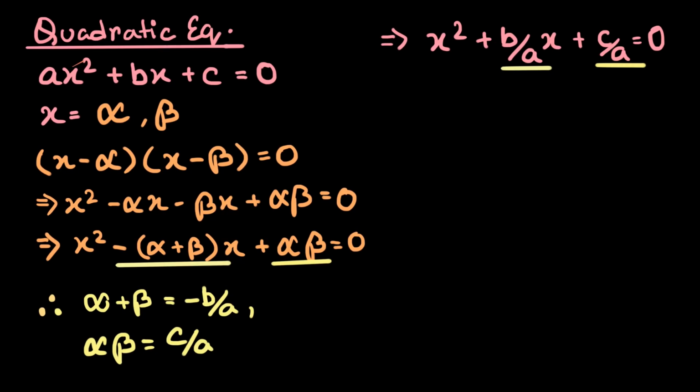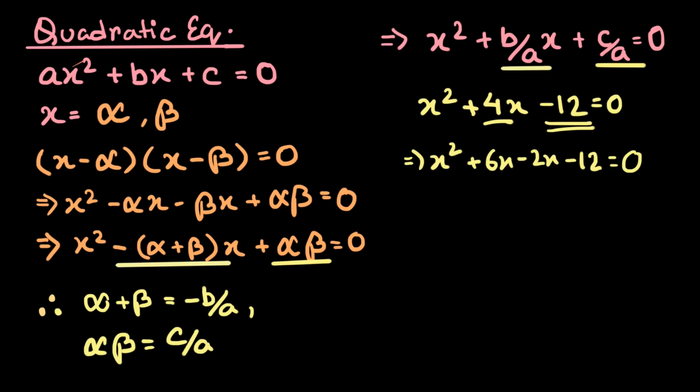Before we go into them, let's start by rethinking something that we already know: the middle term break or factorization method of finding roots. In this example, x squared plus 4x minus 12, what would we do to find the roots? Through the middle term method, we will try to factorize minus 12 in a way so that the sum of the factors will give us 4. And after thinking a bit in the head, we get that 6 and 2 give us exactly that.